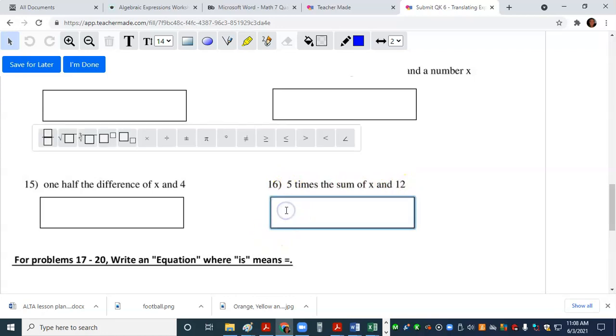We don't need to use the multiplying sign hardly ever in algebra. So don't use the multiplying sign up here, or don't try to type an x or a star or anything like that. We just need to put the number out in front of the parentheses. And again, no spaces, 5. And notice when I hit the parentheses, it has the 2 parentheses already in there. So all I got to do is put the expression that I need in the parentheses, which is the sum of x and 12, which means I'm going to add x plus 12. But remember,